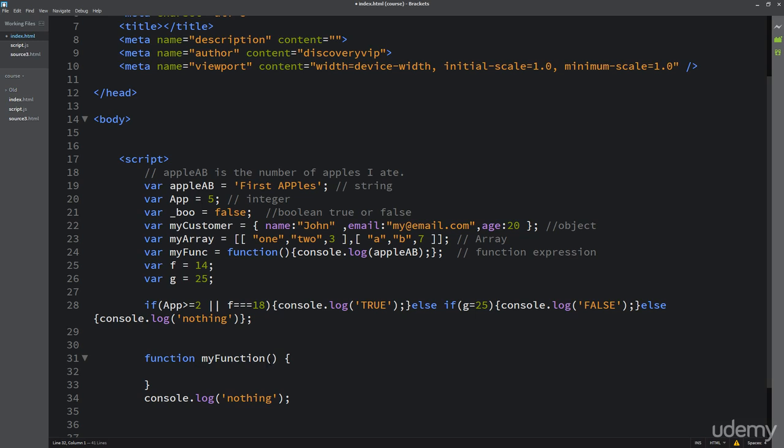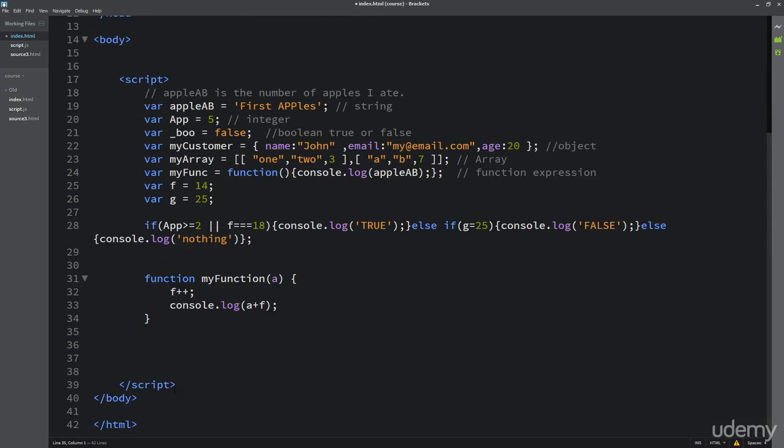So we had a function, and we were passing maybe a value there. We were incrementing f, and we were console logging that information out, and then we were simply calling the function. So I had something like a plus f that I was console logging out. So this one I'm just going to simply do my function, and I'm going to have a 5,